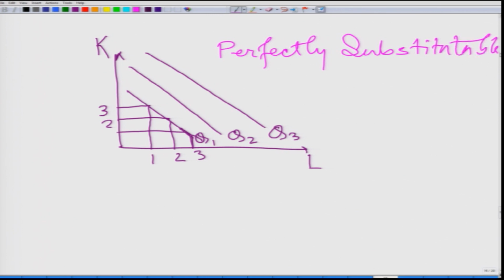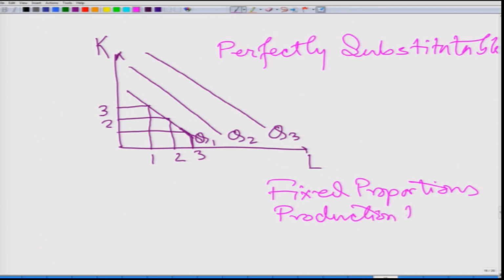And here in these fixed proportions production functions, they are kinked isoquants. So what we find in a fixed proportions production function is that if we have the labor and